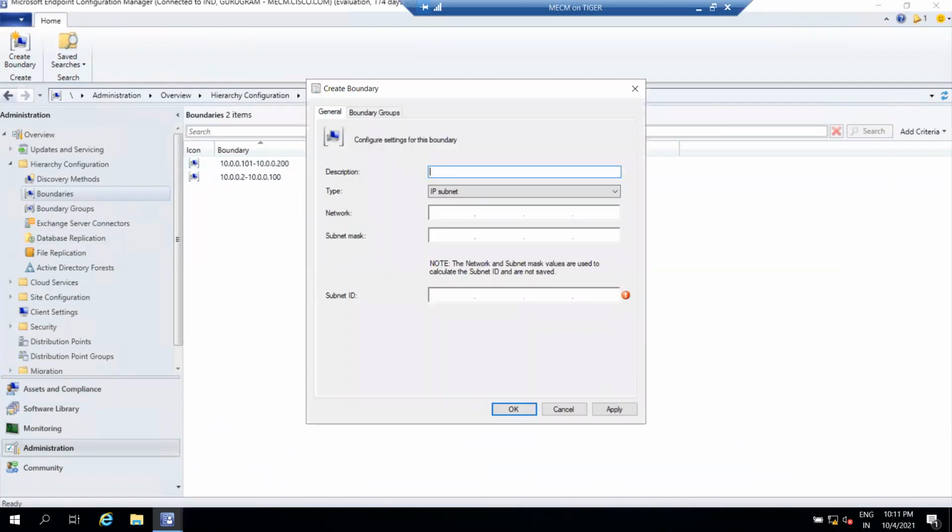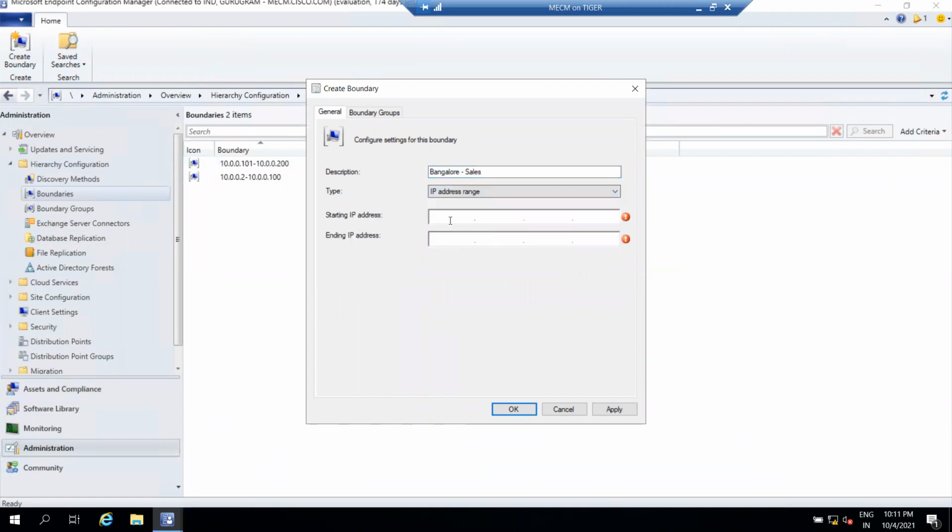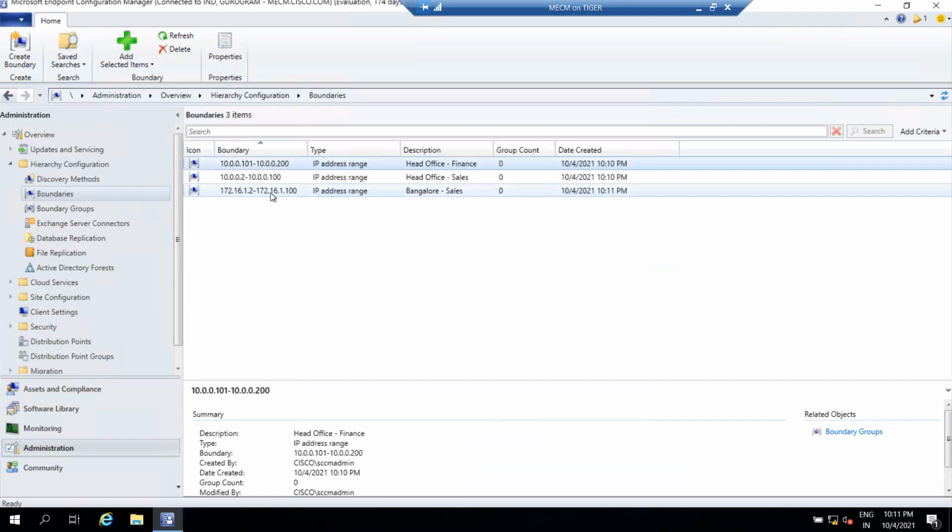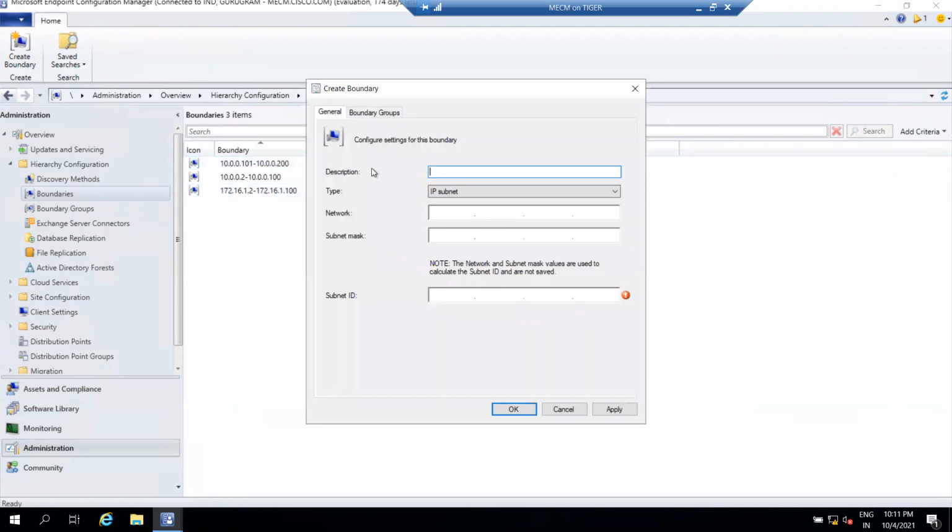Create Boundary and provide the description, Bangalore sales department, and the IP address range, for example 172.16.1.2 to 172.16.1.100. Apply, OK. If you have multiple different IP address ranges or subnets, you can create multiple boundaries for a particular remote location.